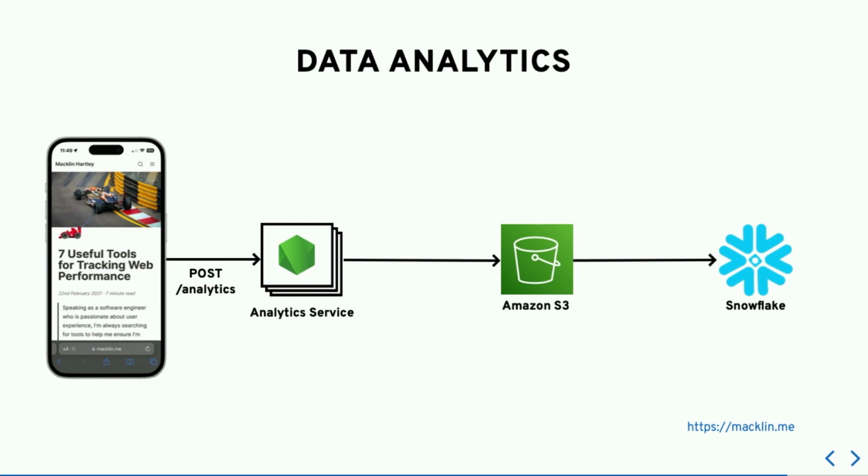So if you don't want to use Prometheus and Grafana, you can use anything else. You could use something like S3 and Snowflake. They'll give you more long-term metrics. Prometheus is really great for metrics within the last 24 hours, if you want to kind of track that. But it will throw away old metrics because it kind of wants to run in memory to run as fast as possible.